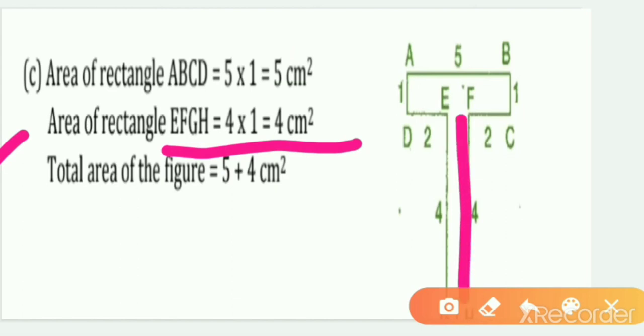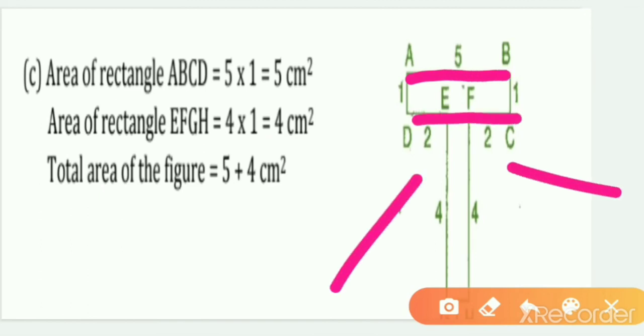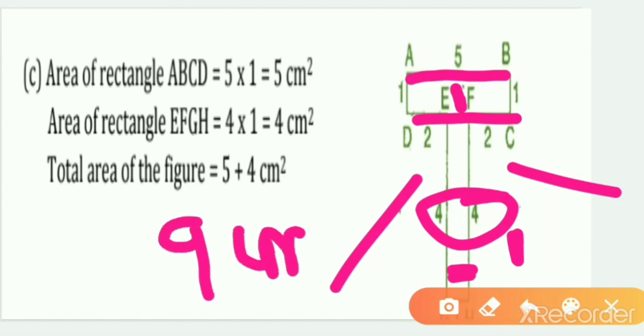This is given, and how much is this given? That is 1. Because you can observe that this complete side is 5, so this should also be a complete 5, right? So 2 and 2 are given, 2 plus 2 is 4, so 1 will be remaining here. So it will be 1. So the bottom portion of this, actually I can't put it down because this brush is coming, will also be 1. So 1, 1, and this is 4, the length. So 4 into 1 is 4 centimeter square. So the area of the total figure is 5 plus 4, that is 9 centimeter square.